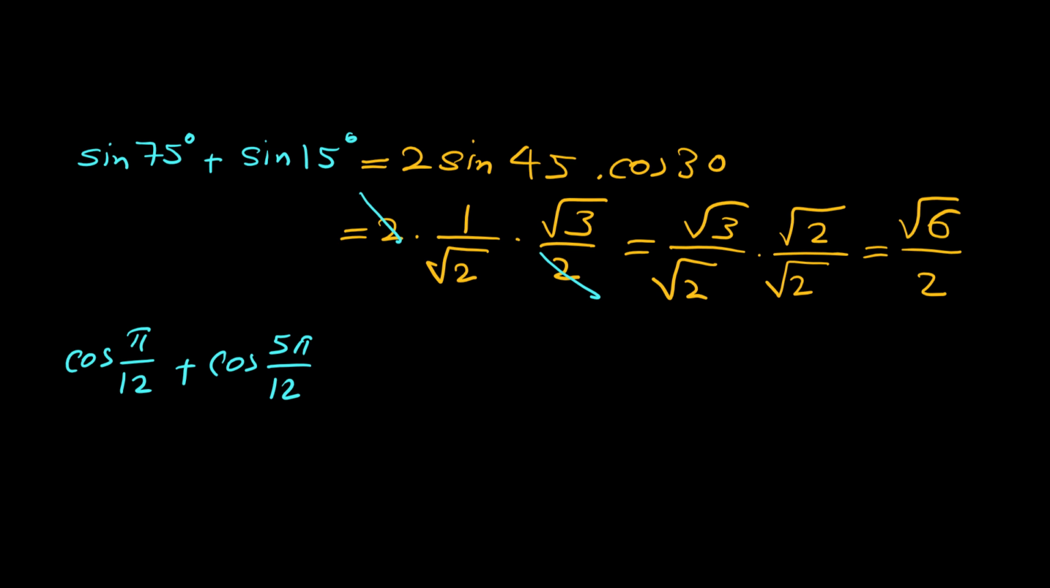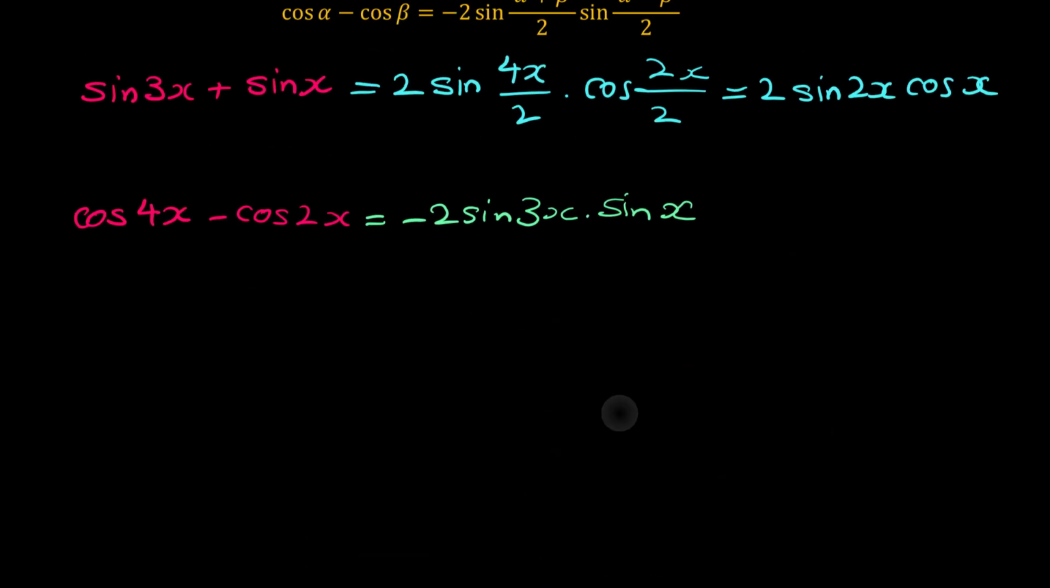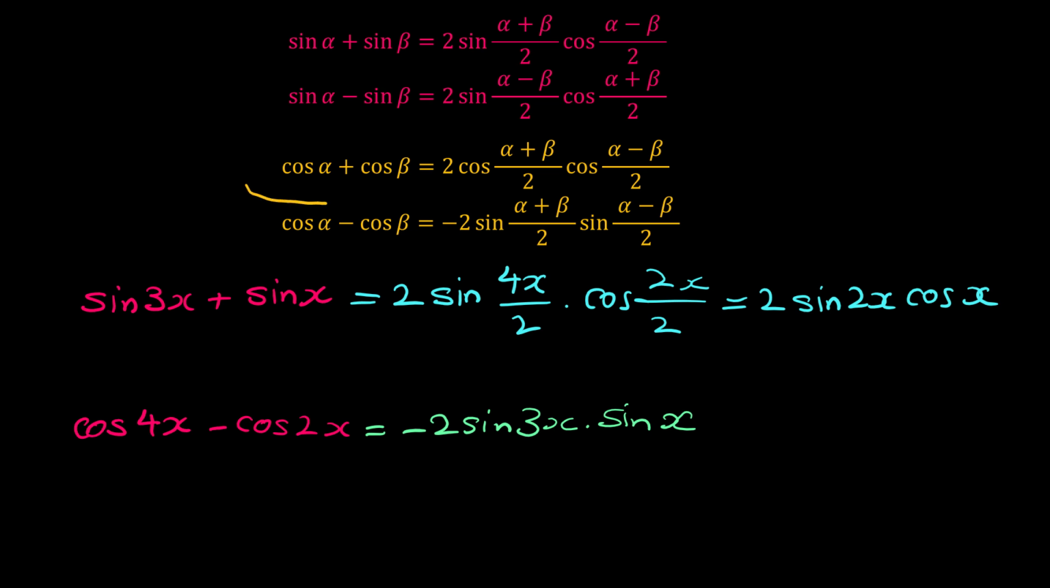Cosine of pi over 12 plus cosine of 5 pi over 12. Again, normally we don't know the value of this, but we want to find their sum. Again, we can use the sum to product formula. Let me remind you the formula: cosine of alpha plus cosine of beta is 2 cosine of alpha plus beta over 2, times cosine of alpha minus beta over 2. So based on this formula,